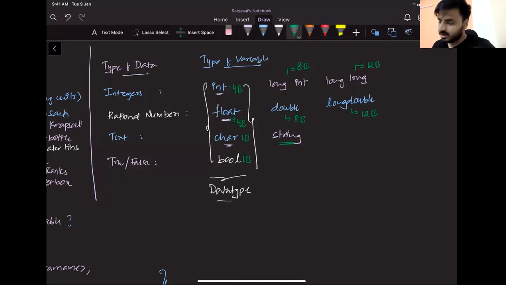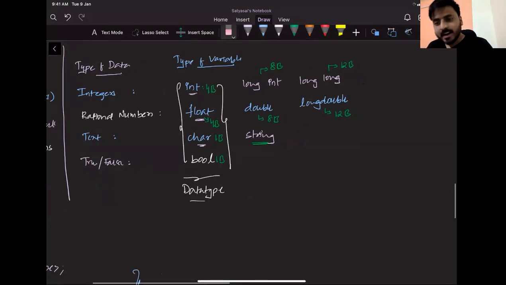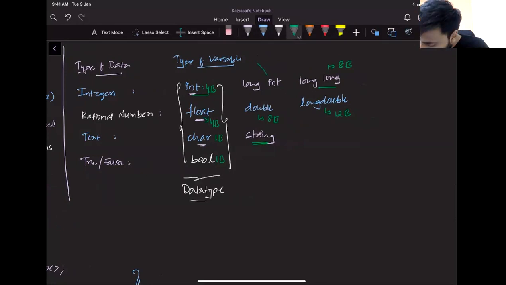But here there's a small issue. Both long int and long long are wrong. The thing is, surprisingly, long long is actually 8 bytes. Now your immediate question is, if int is 4 bytes, long long is 8 bytes, then you'll guess long int is 6 bytes. That is also wrong. Here, the long int size will actually depend on your system architecture. In a few systems, it is 4 bytes. In a few systems, it is 8 bytes. In which kinds of system it is what? That is slightly out of our content.